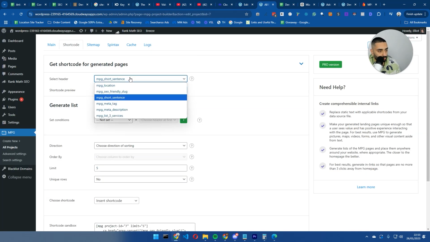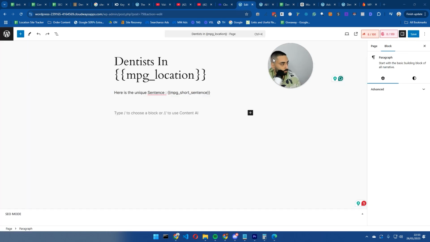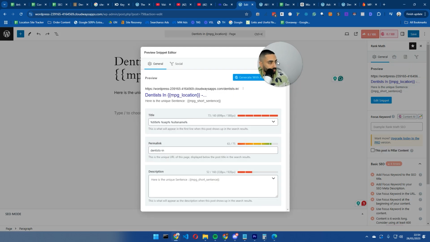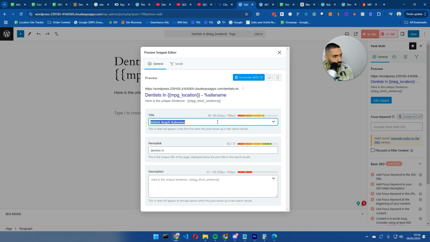What we'll also do is the meta tag. So we will paste this into Yoast. If we click on edit snippet, and also this works for Rank Math as well. I think we're using Rank Math. Yes, we're using Rank Math. This also works for Yoast as well. So we're just going to paste this in. Now, it does look a little bit weird, a little bit funky on the preview, but do not worry,